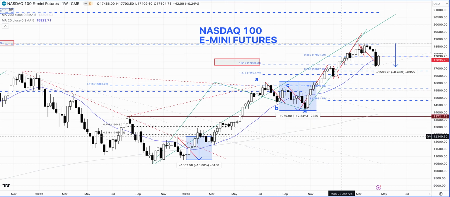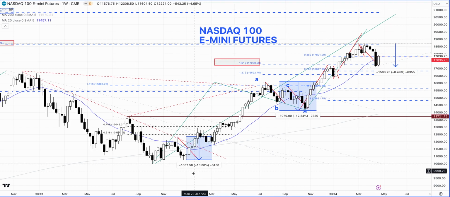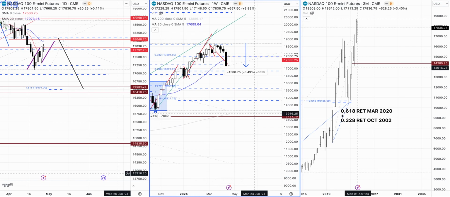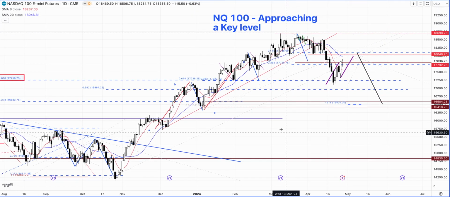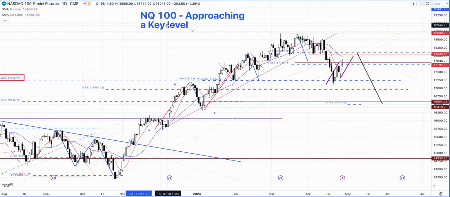So this means the market symmetry concept is also changing in percentage points as well. So maybe something is different, something is changing, and we'll pay close attention to that. But for now, we seem to be in the parameters that we are looking at. So with that, what we can do is move to the daily chart, and here something similar to